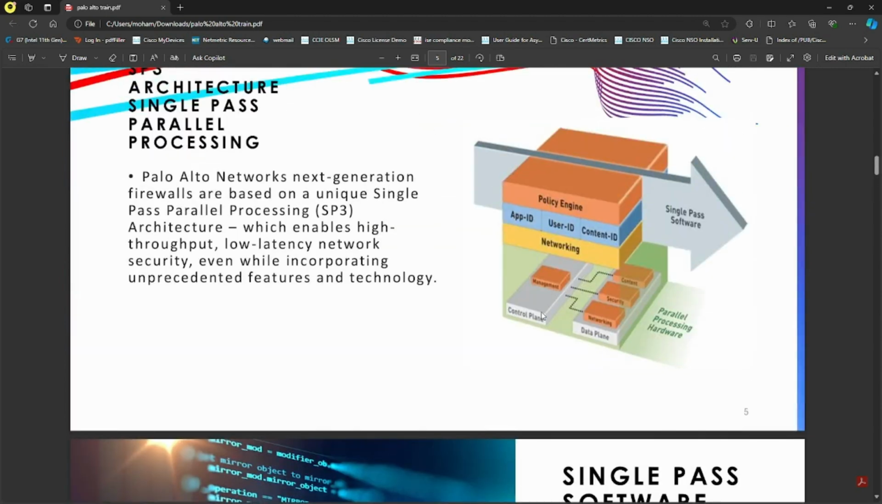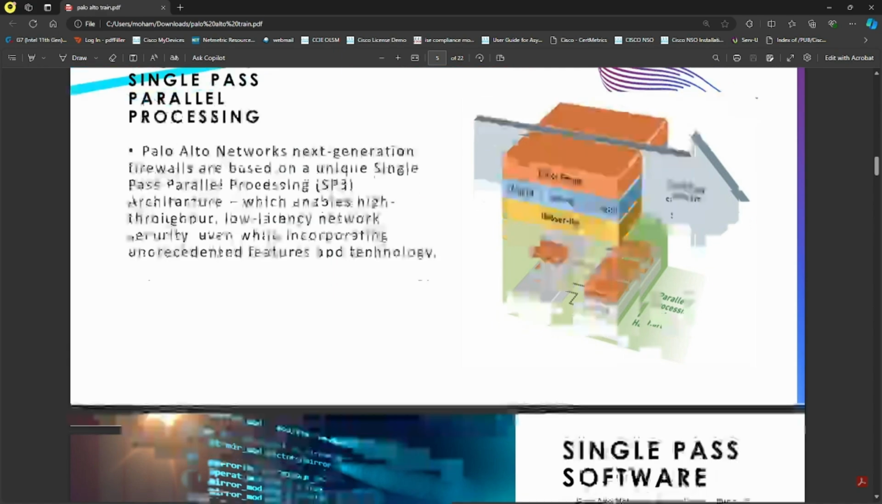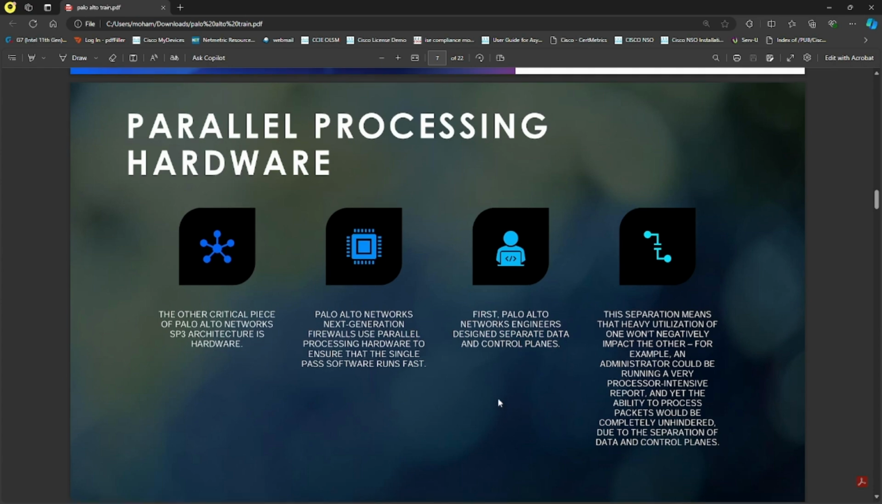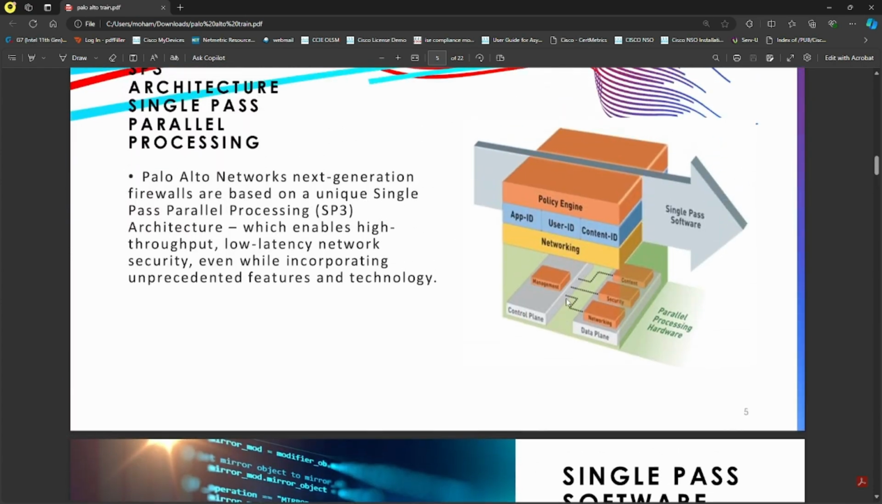So the Palo Alto has two different things going on parallelly. One will be the software which will check for the policies. Another will be the hardware which will check for the control plane, data plane, networking, app ID, user ID, and the content ID. All right. So the other critical piece of Palo Alto network is SP3 architecture in hardware. By separating these two components, what the Palo Alto has achieved is faster throughput processing, low latency, because